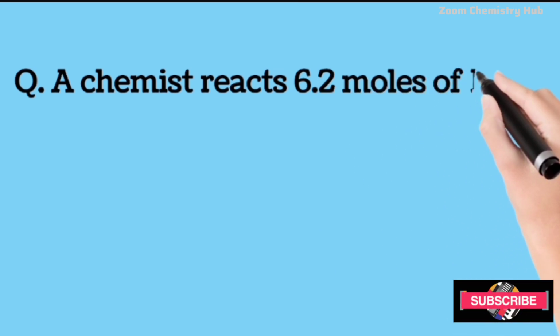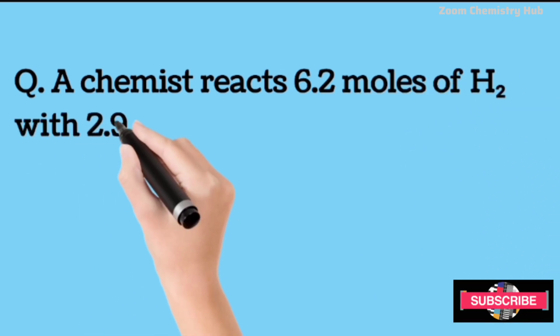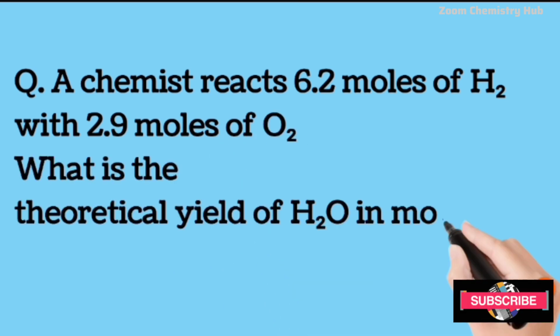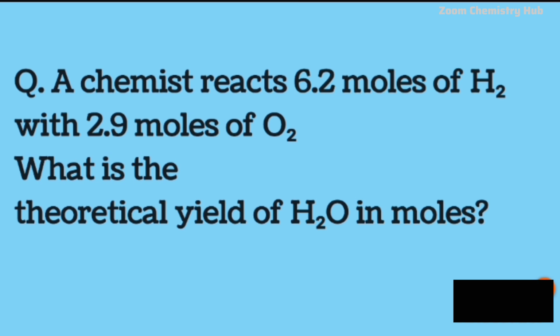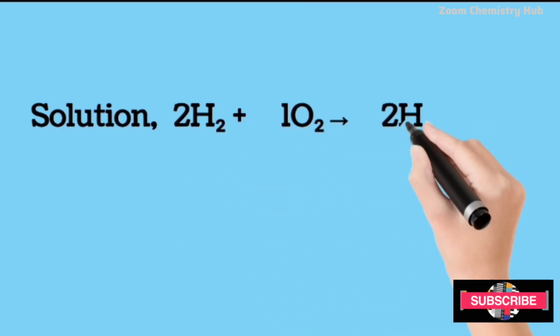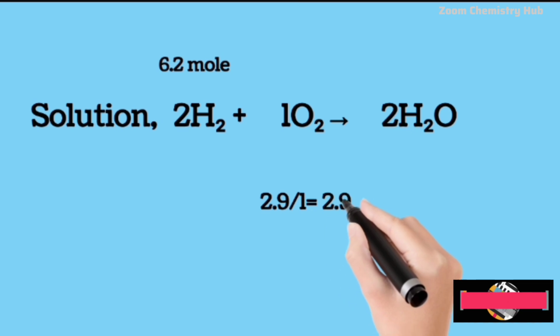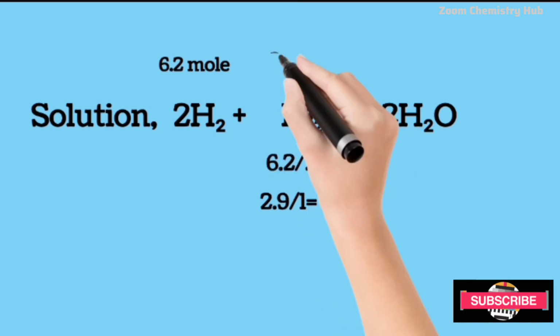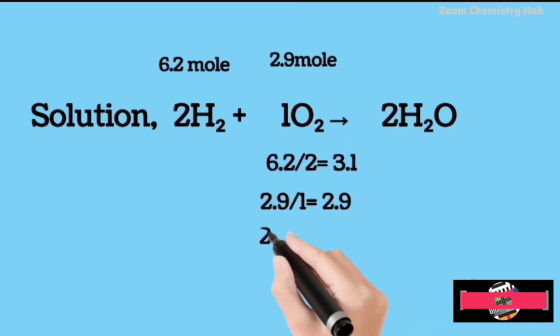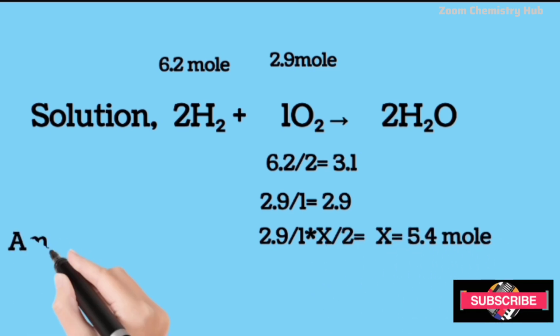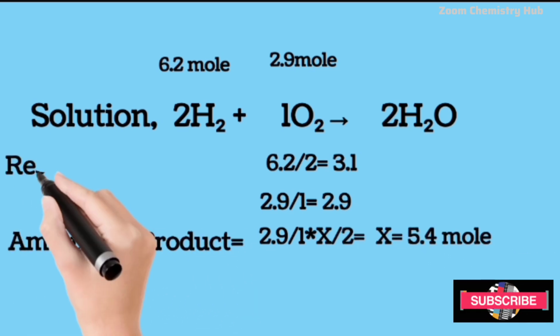Today in this video we will discuss and learn how to calculate or find the theoretical yield or the amount of product. So we have a chemical reaction, that is hydrogen reacts with oxygen molecule and they form water molecule, and we have a number of